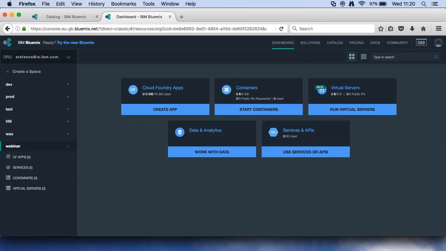Actually, virtual server is in beta and is available only in UK. Why? Because it's a preview of what will happen in the future, because IBM is still planning to merge the infrastructure as a service offering of SoftLayer with the platform as a service offering of Bluemix. With the virtual server, you have to manage your own operating system and all that you want to install on that. With Cloud Foundry apps, you have to manage only your app, because you will have the runtime already prepared,